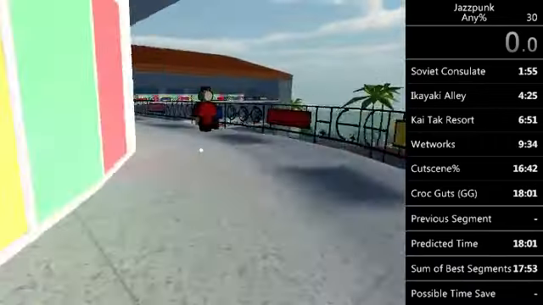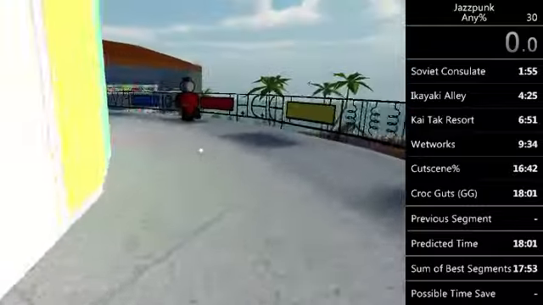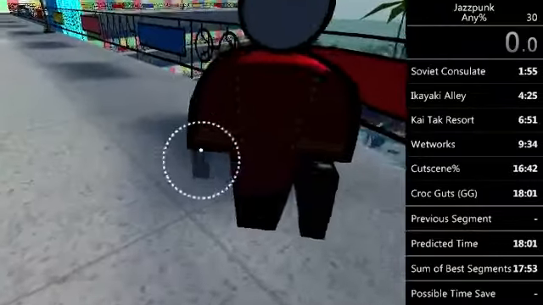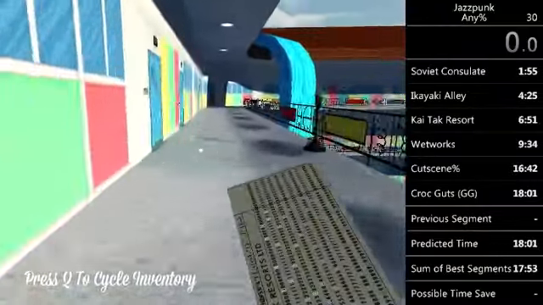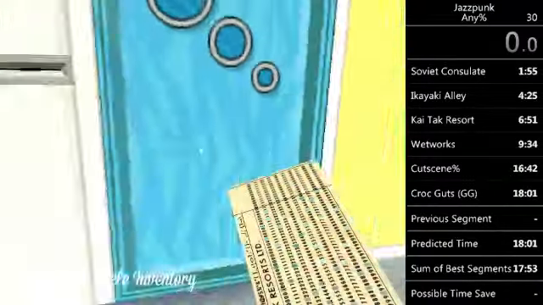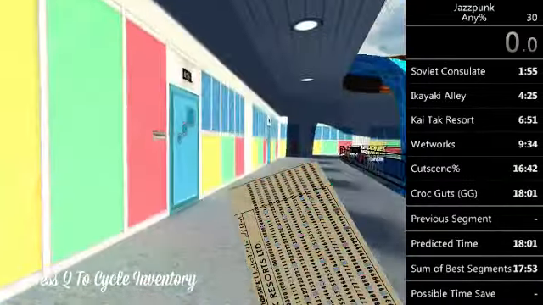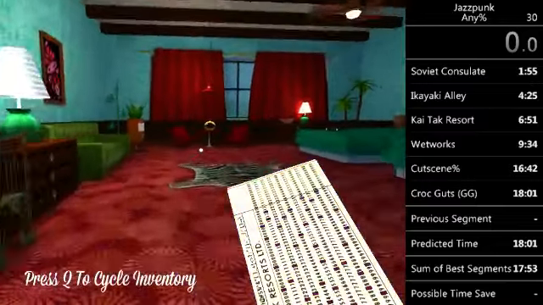So then you just want to come out of the elevator and go to the left. This guy will always be here, so you just want to walk up to him and grab the key. And then it's this second room here. So just grab the key off that guy and then come to the second room, open it, and then just